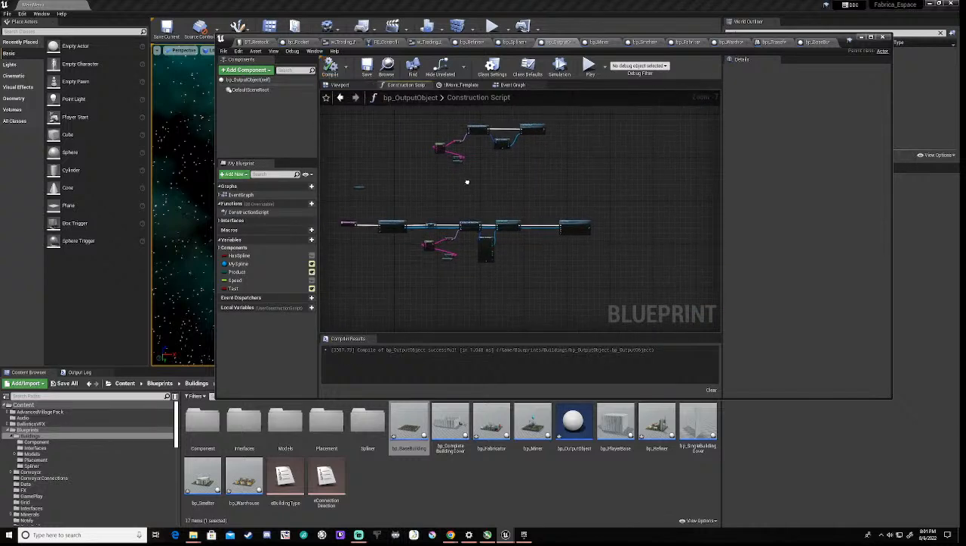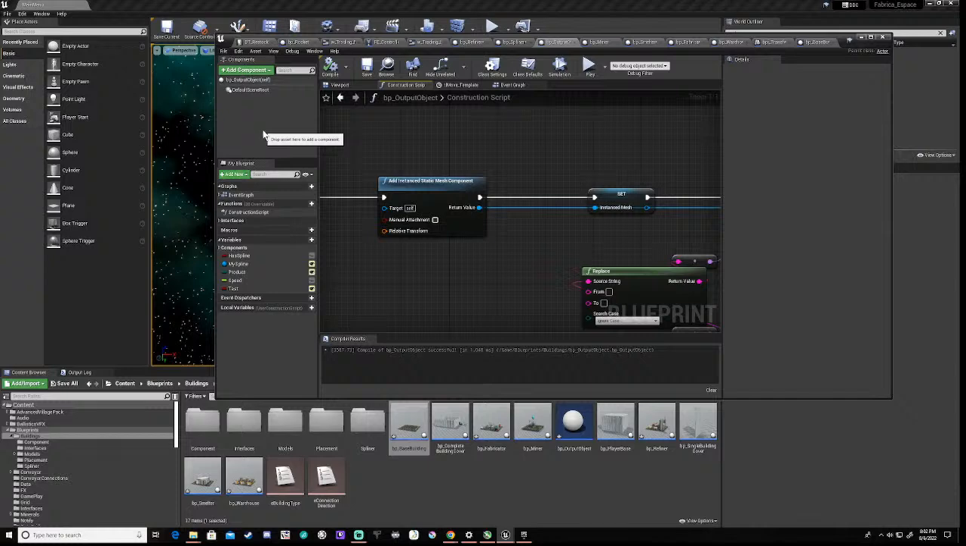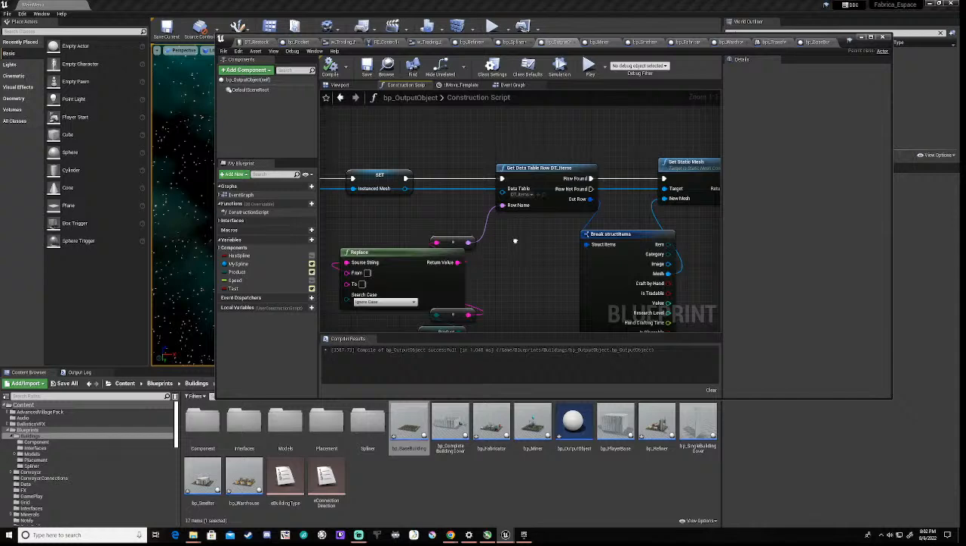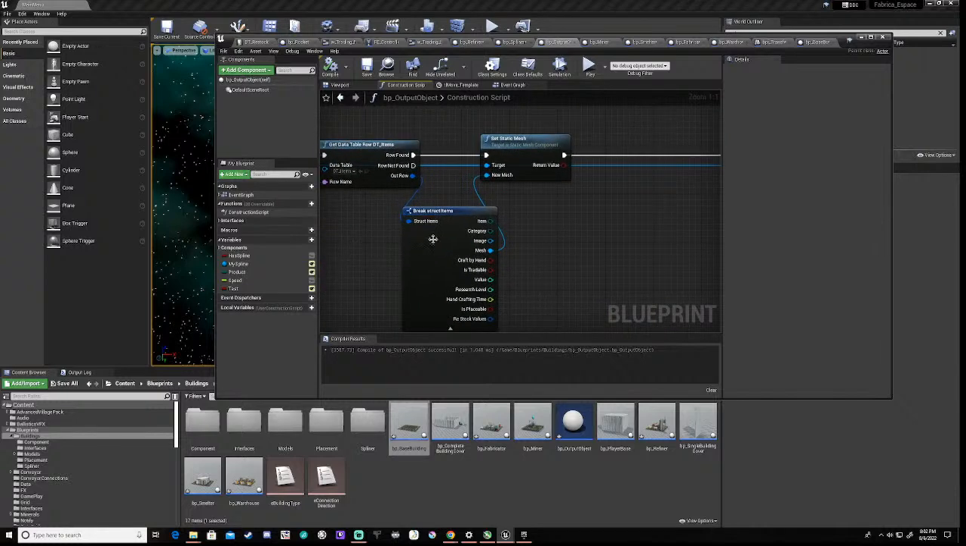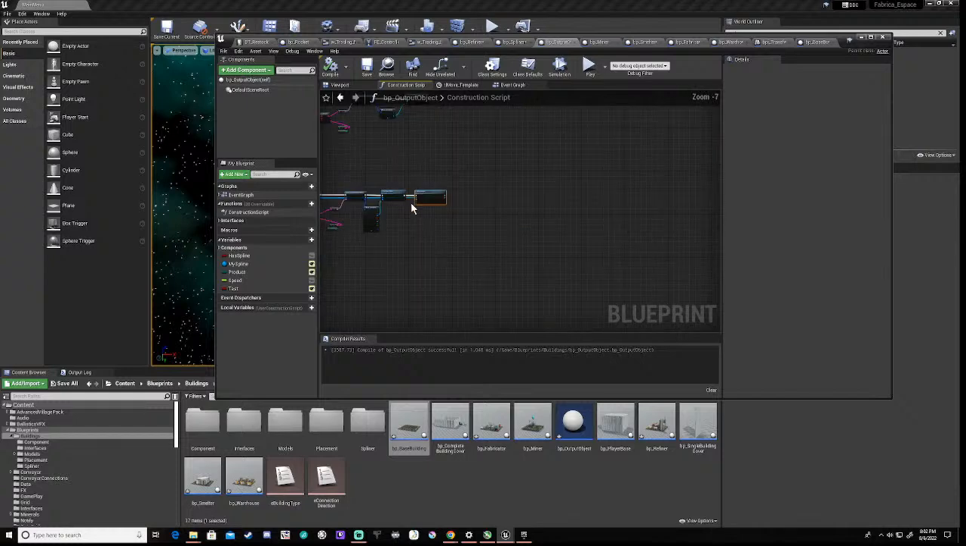Right. So here's how it goes. We add our instance mesh in here. We set it as a variable for use later if required. We get our product. Then we set the mesh on the static mesh, and then we add an instance at 0, 0. Okay, and then